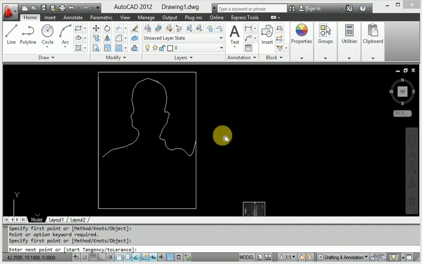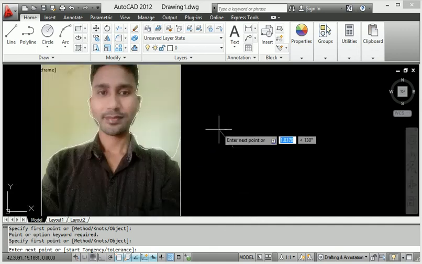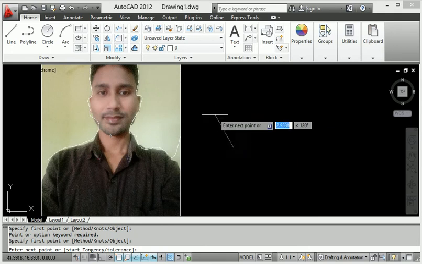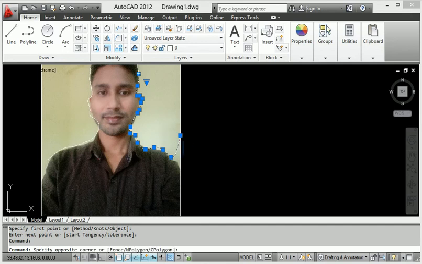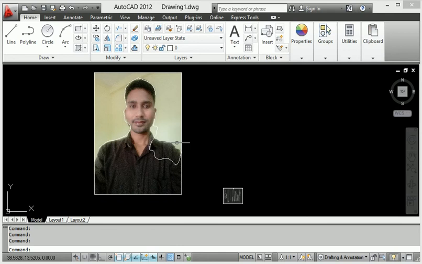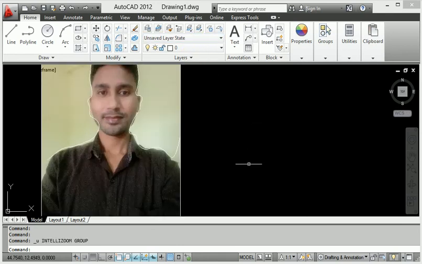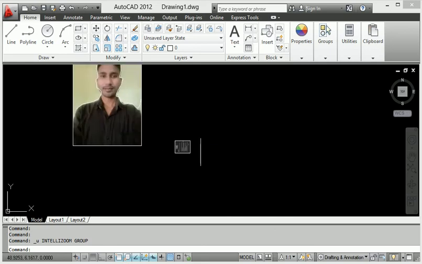So it is called the stretching process in AutoCAD, and it is very easy to draw in AutoCAD when I want to go in a down direction in the sketch. So easy way. Look at this here.